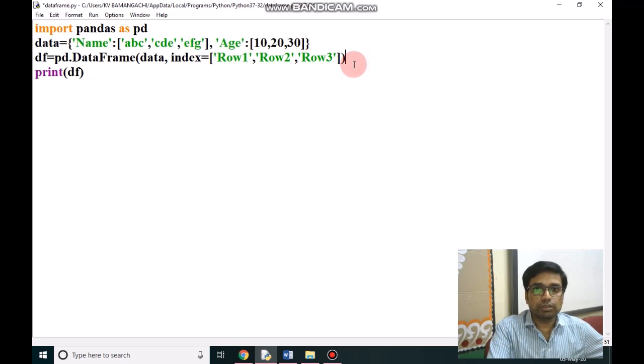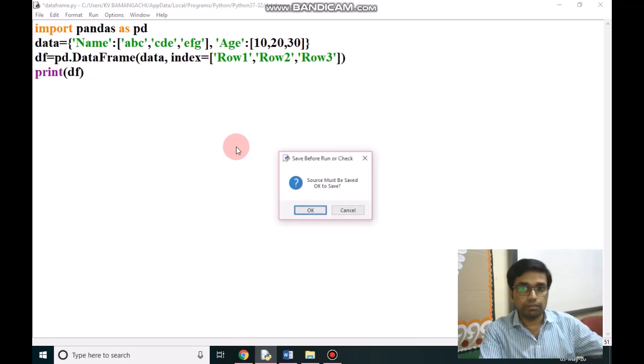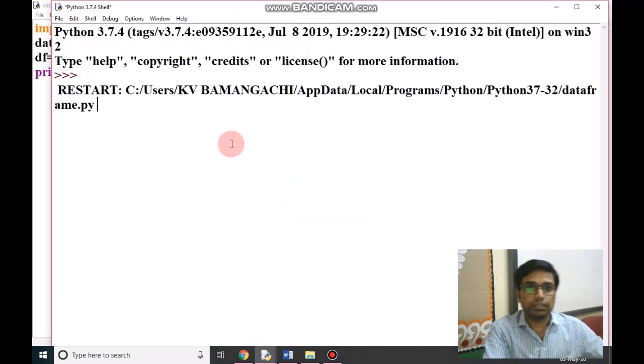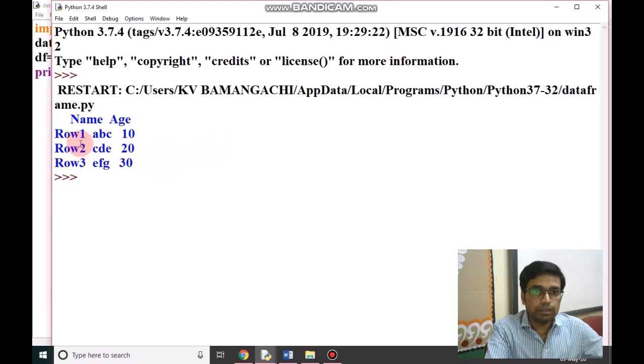If we run this program, we will find another data frame. Here we have given index row 1, row 2, row 3, which was the list, and name was the key, then paired values were A, B, C, D, E, F, G. Age was another key.